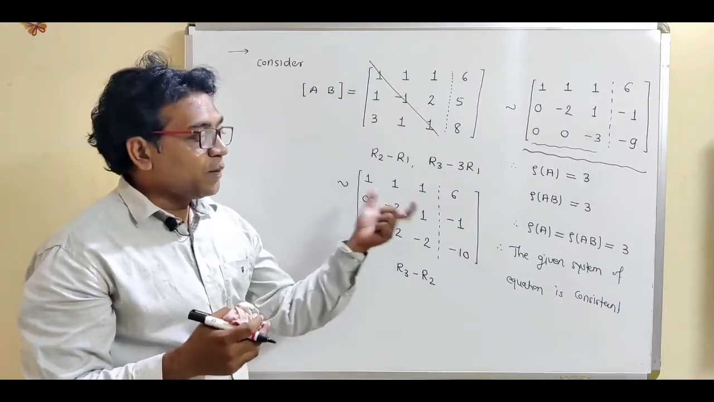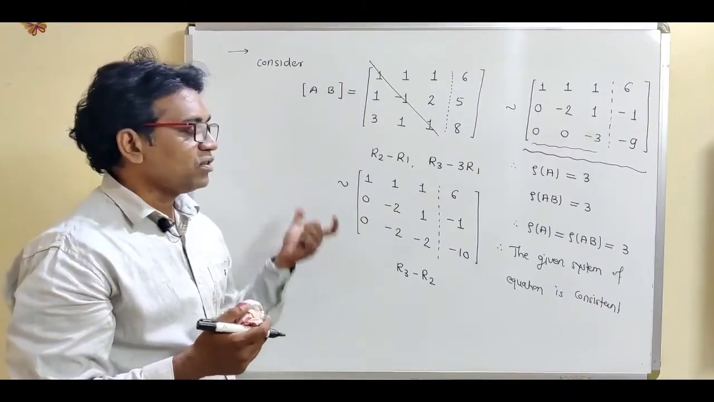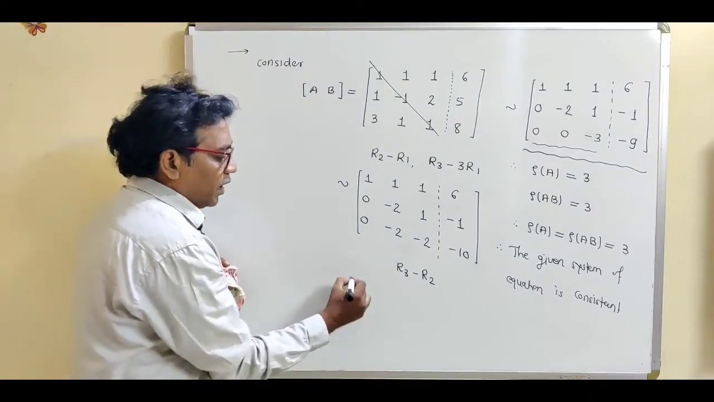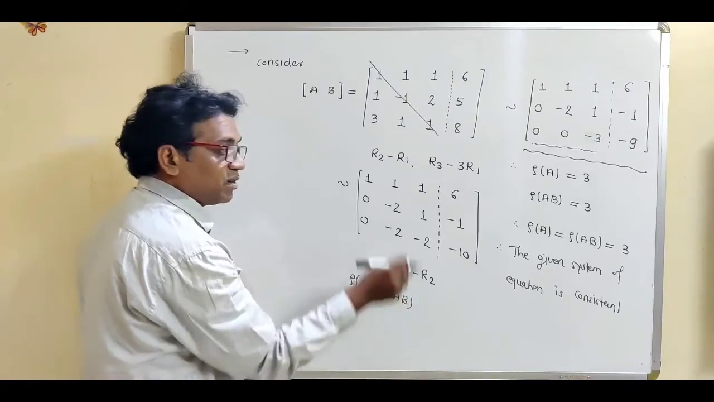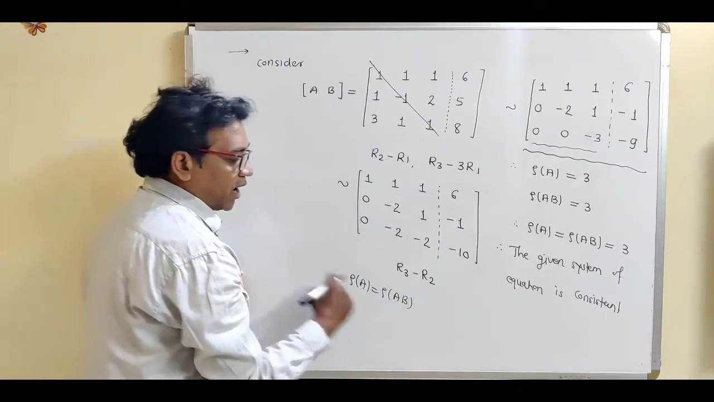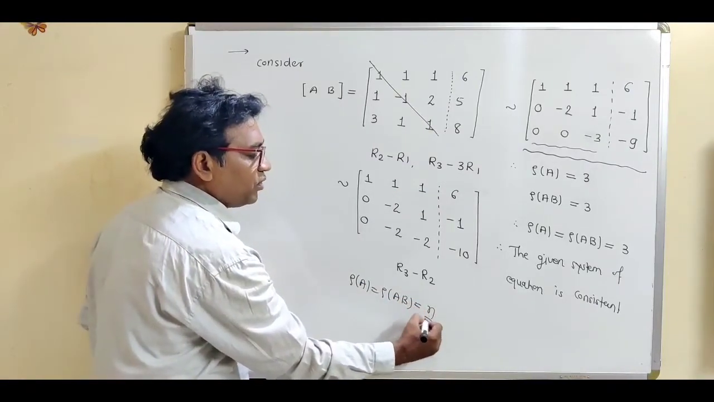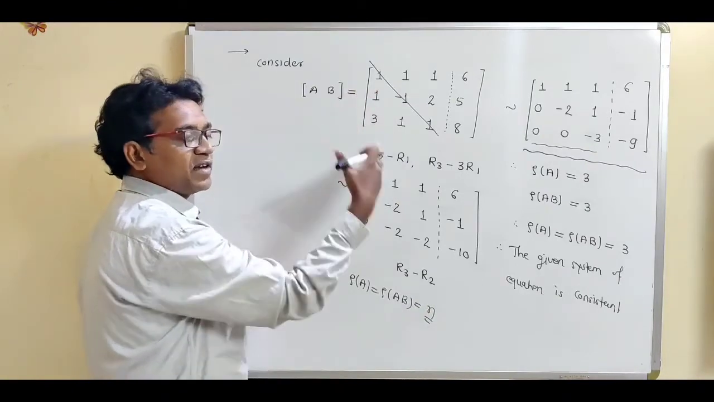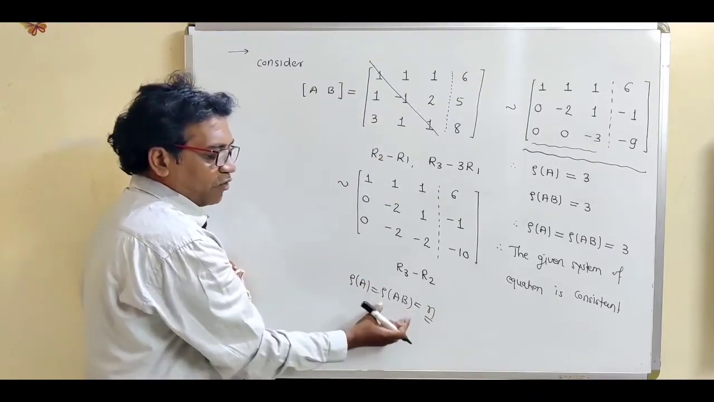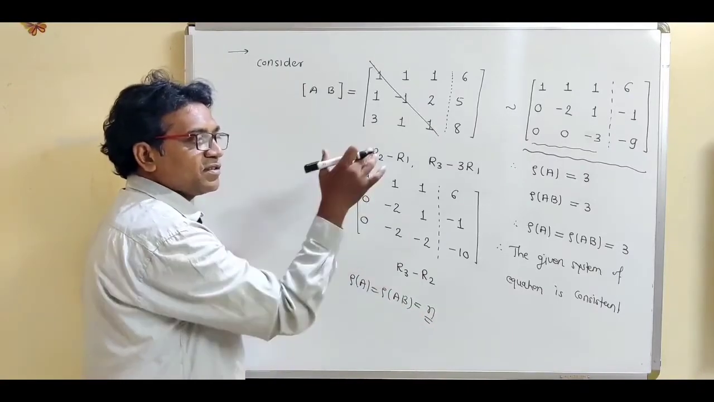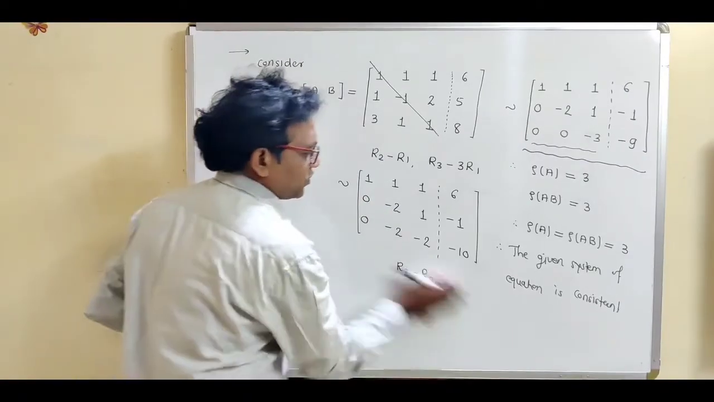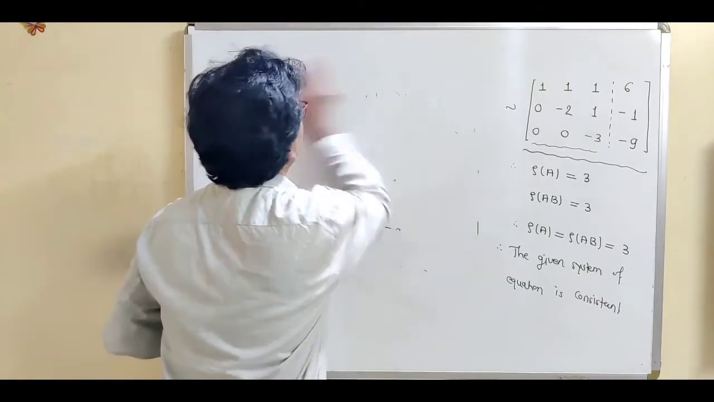Now this solution depends upon the number of unknowns. What is the first rule? If rank of A and rank of AB are both equal, now that is 3, and if this is equal to the number of unknowns, now in this example there are 3 unknowns x, y, z. So rank of A equal to rank of AB, equal to the number of unknowns. So obviously this system has the unique solution. So right here, write down, therefore,